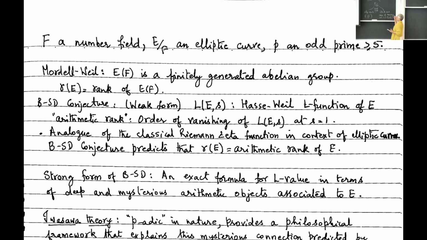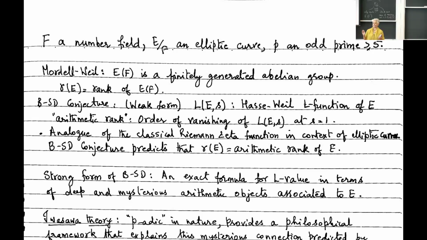So this is a power series. s is a complex variable here, so it has a power series expansion. So the leading term of that power series, there is an exact formula for this leading term in terms of certain deep and mysterious arithmetic invariants attached to the elliptic curve. For instance, to give you some of the terms that will occur in that exact formula, there will be the torsion points, there will be the regulator, which is really cohomological in nature, there will be the period, which you heard in the previous lecture, and then there will also be various Tamagawa factors, and then of course the Tate-Shafarevich group, which is conjectured to be finite.